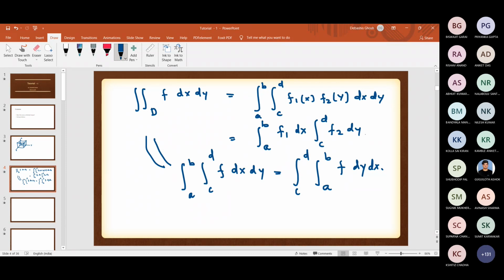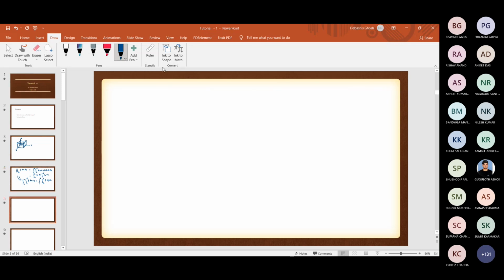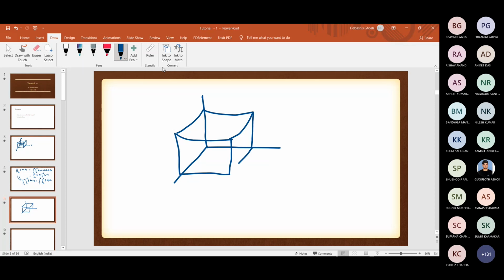Depending on which axis you consider the strip along initially, we have to integrate the function accordingly. So in general, if we have these axes and we have the surface, and then you consider any curve on this surface,